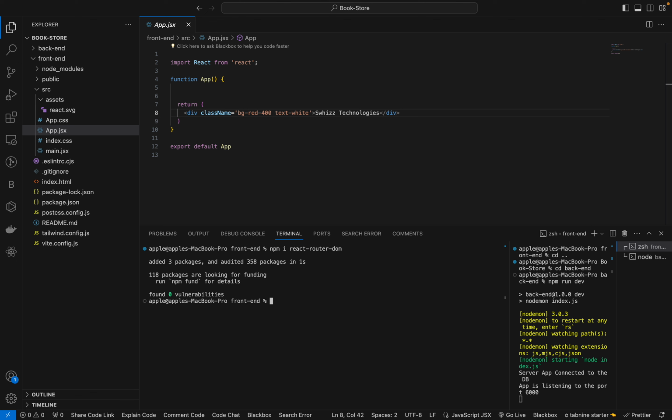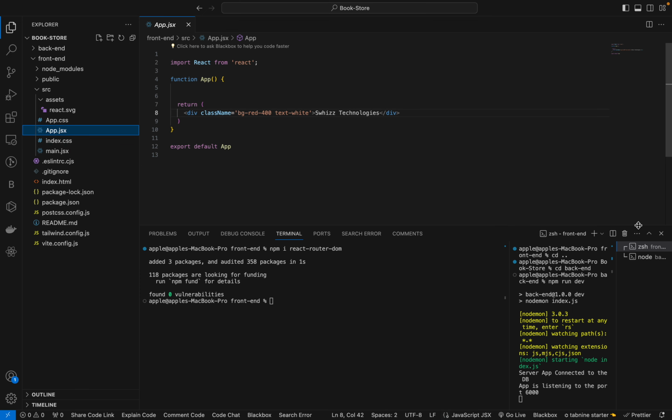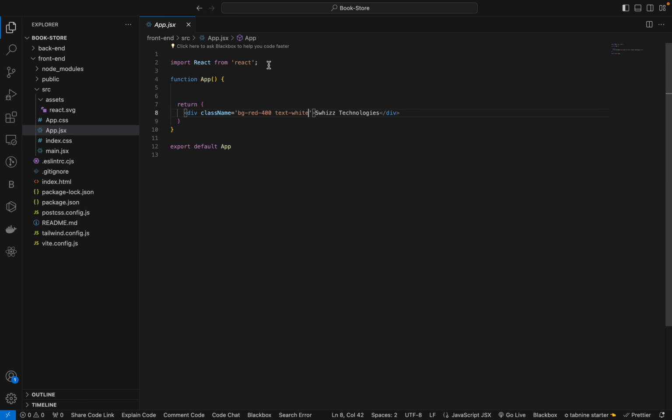So I think it's installed already. Okay, we can check here. So we got react-router-dom. Now we will go with the app.jsx and create the routing path, and we will do the remaining stuff. So let's go with,